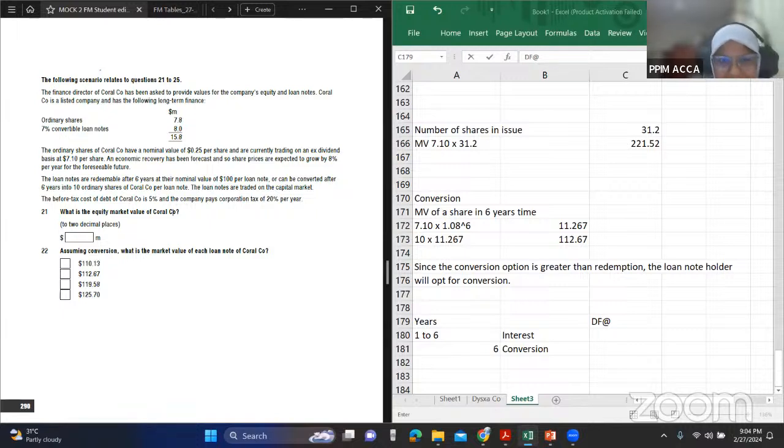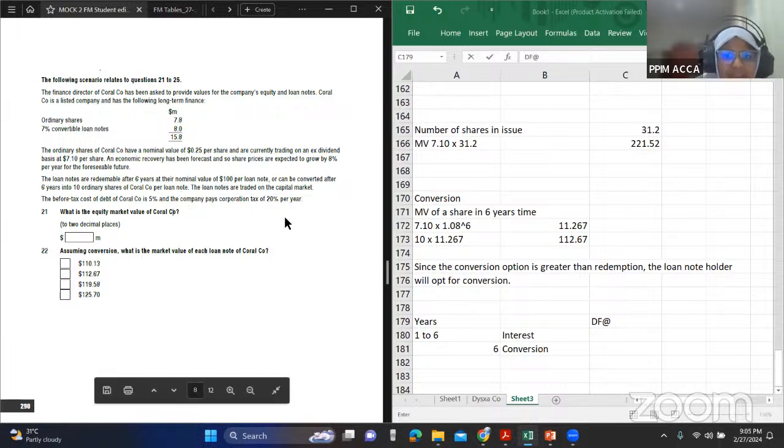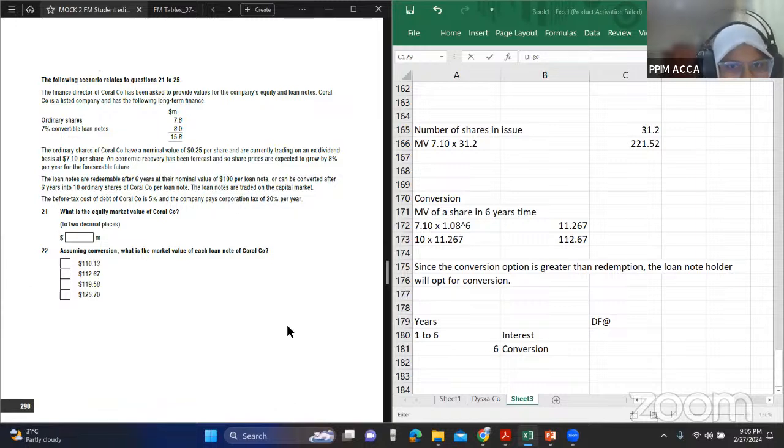Okay, so it can be 5, it can be 5.56, because IRR will change depending on the discount rates that you used. If you used 1 and 20, it will be some other IRR. If you use 5 and 6, it will be another IRR. So in this kind of situation, either way, it shouldn't be much of a problem. If it came in a constructed response and you gave 118, they will completely mark that fine. But here, you can see that 118 is closest to this 119.58. So in that case, you should be rational and choose C.